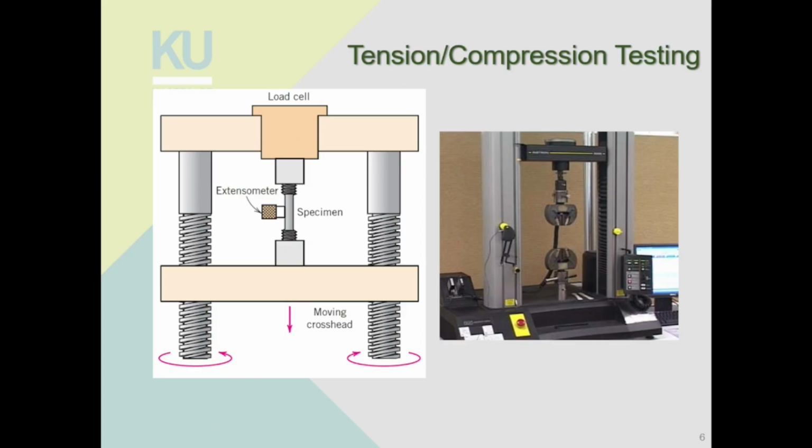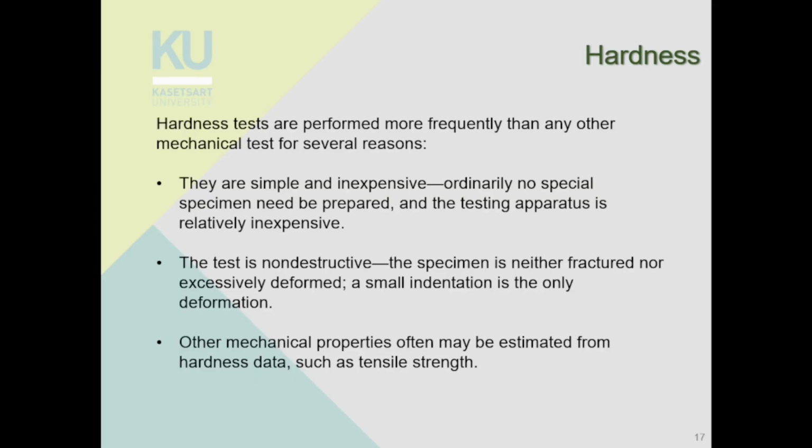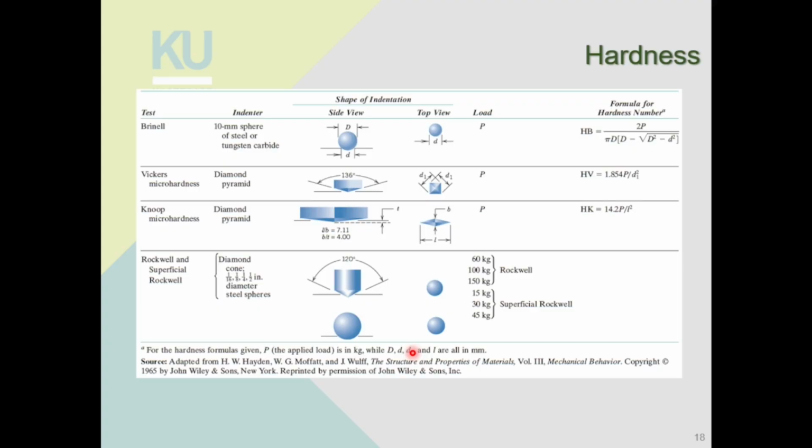But for hardness tests, it's much simpler. The machine is not as expensive, and you can get an estimate of the tensile strength from the hardness test. Okay. There are many different types of hardness tests. We'll look at these different hardness tests one by one, but all of them share the same sort of principle. Okay, so basically,